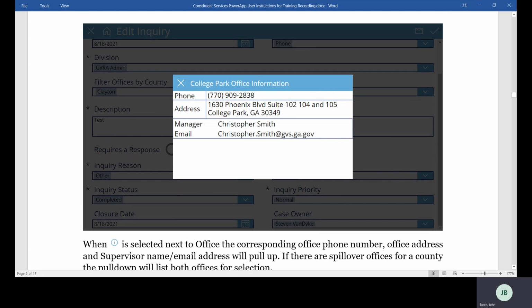When the information icon is selected, next to Office, the corresponding office phone number, office address, and supervisor name and email address will be pulled up. If there are spillover offices for a county, the pull-down will list both offices for the selection.